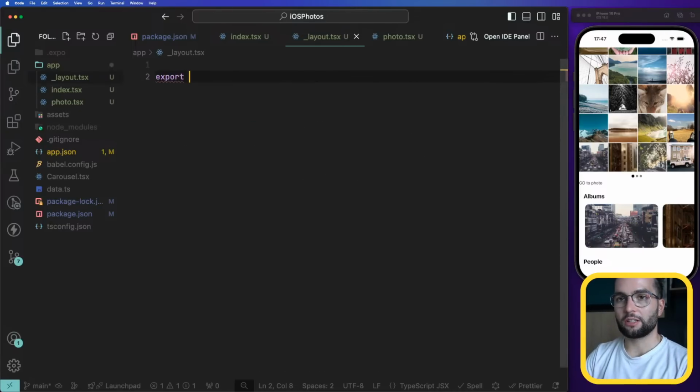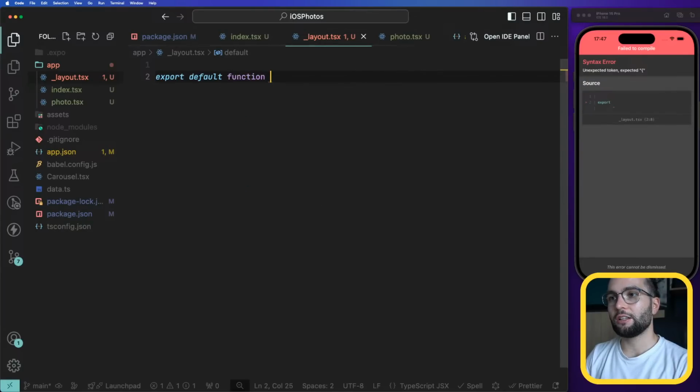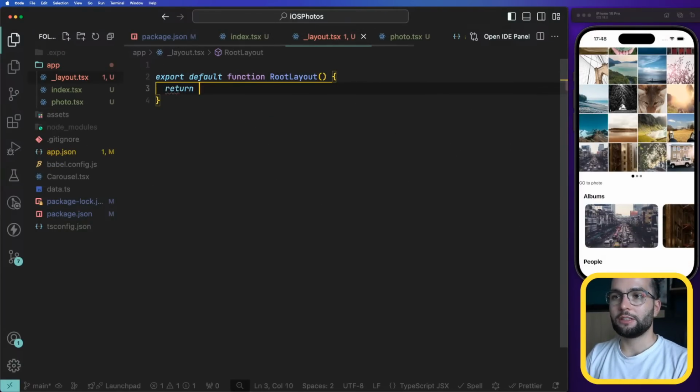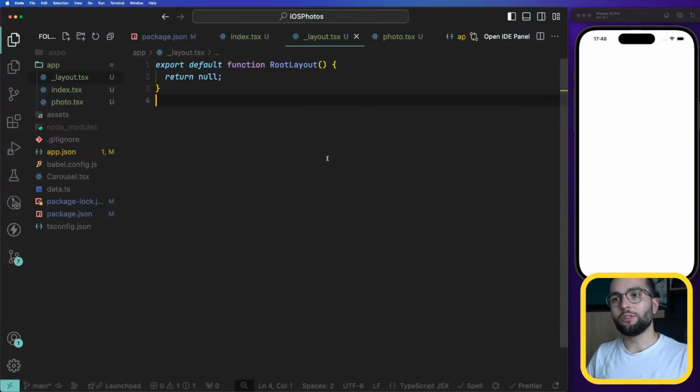I'm going to explain in a moment what the layout is, but let's go ahead and export a default function root layout. If I return null, we're going to see that we lost everything because the root layout is the shared UI component of multiple screens. It's very easy to understand a layout component with shared UI when you think about a tab navigator. Because in a tab navigator, the tabs should always be visible,